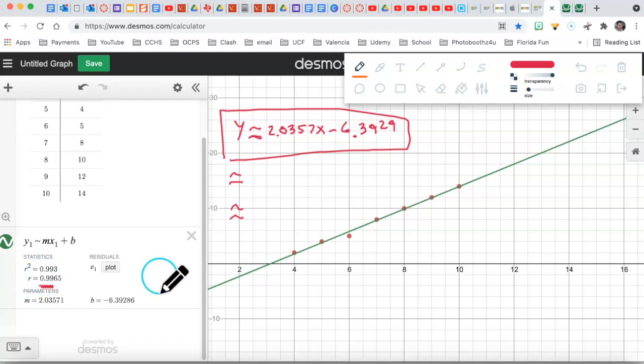If the R is positive, why? Because my correlation is a positive correlation. If the R is negative, then the correlation is negative, goes down. Okay,